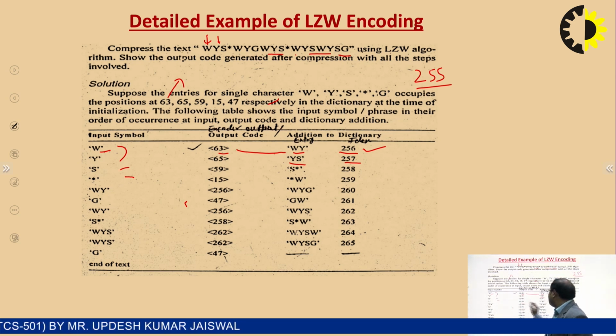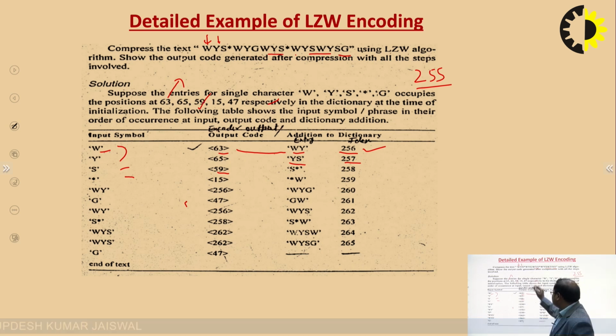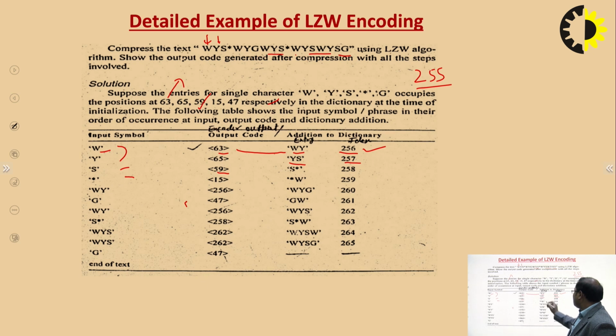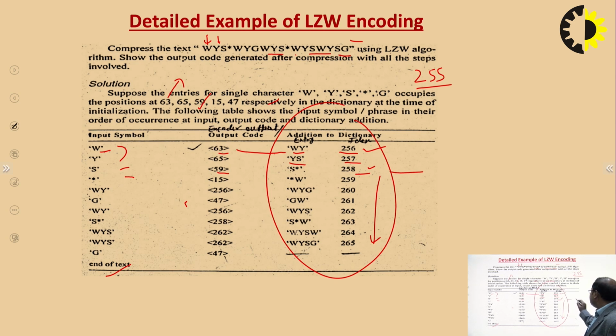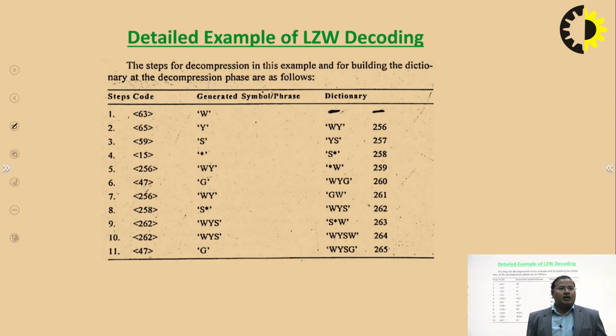Then S, it is at the 59 index, it is already given. So S asterisk, the addition to the dictionary will be at the 258 position, and so on. And finally, the end of the text, the end of the scanning, will occur. So this data is sent to the receiver side. We can say this is the compressed data, the encrypted data, and at the receiver side decoding, that is the decryption,